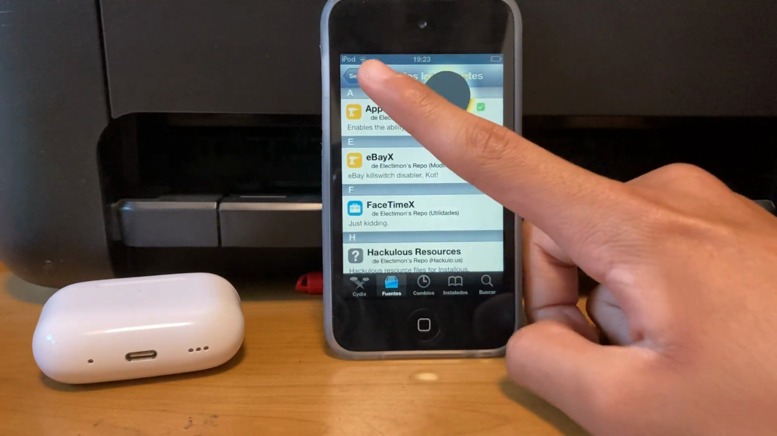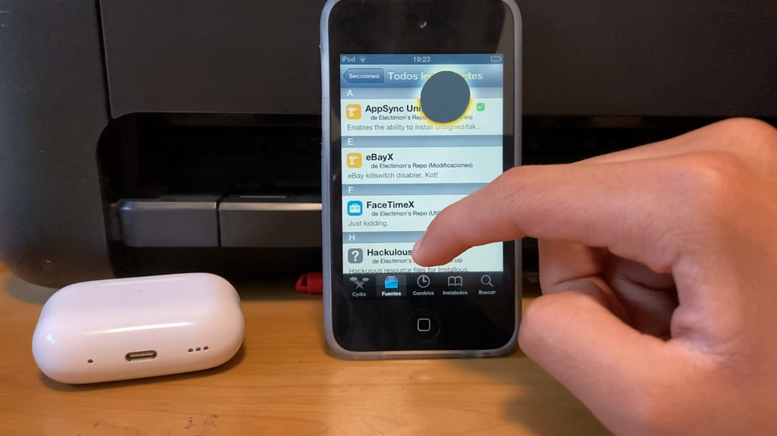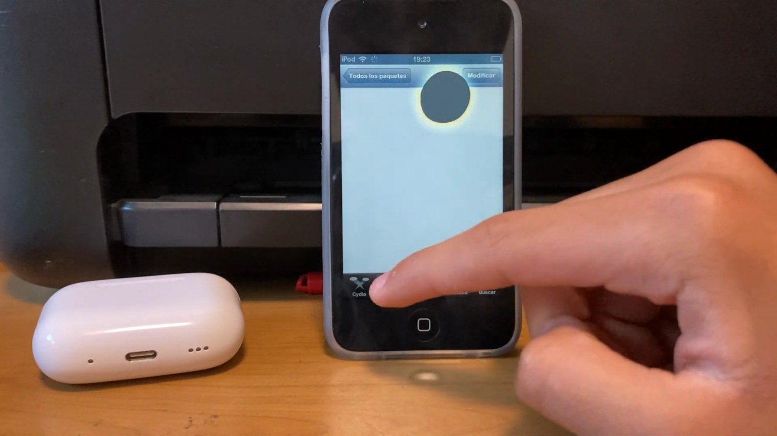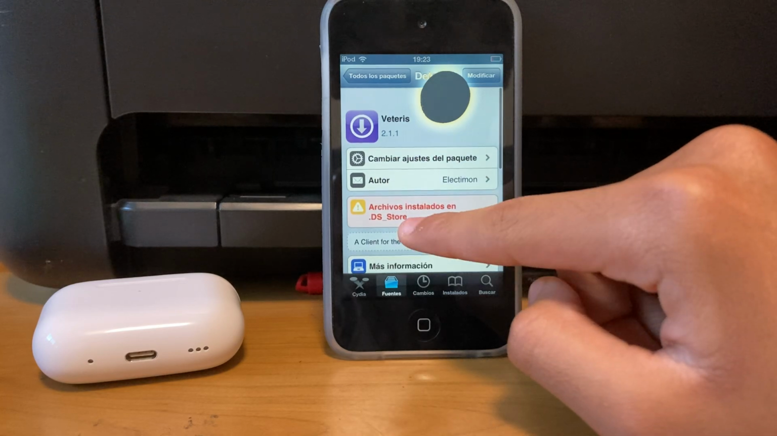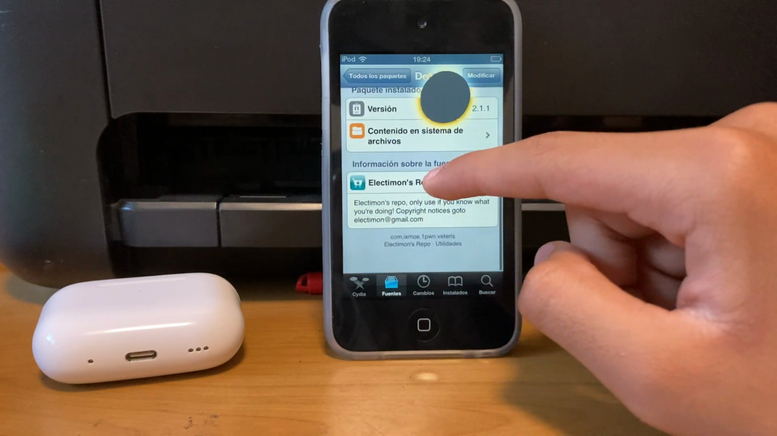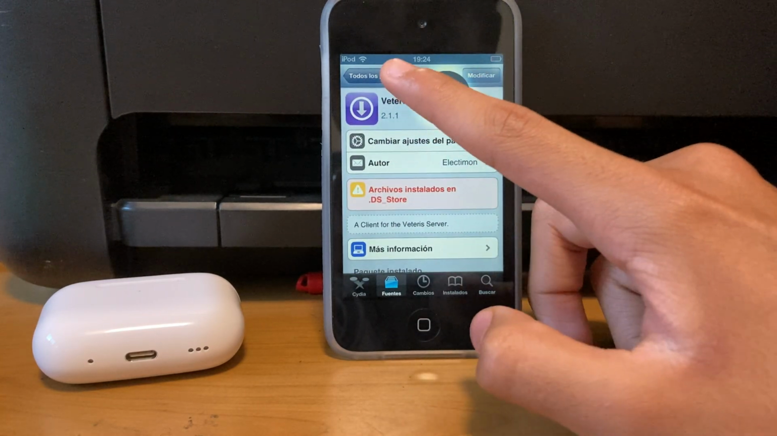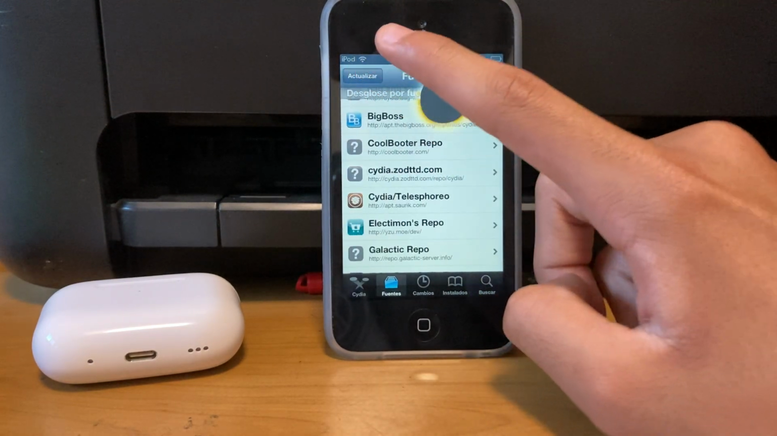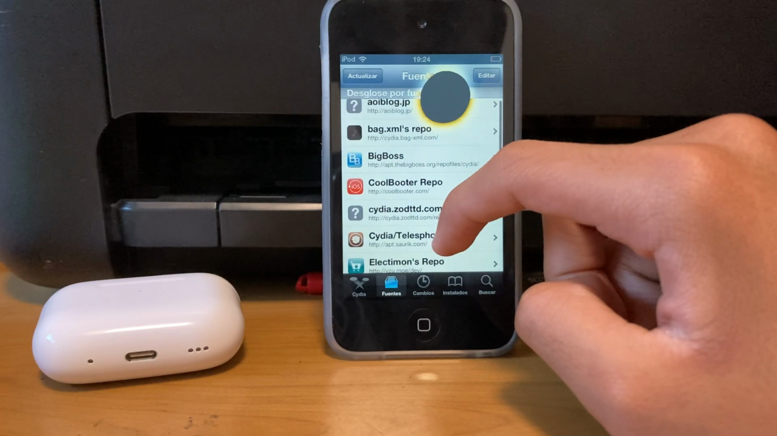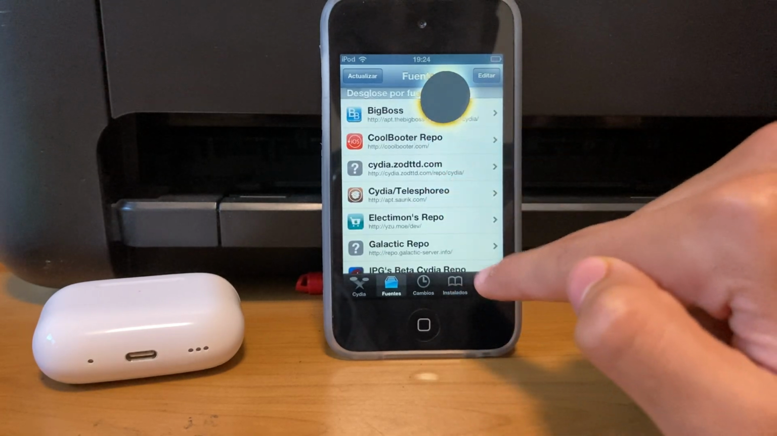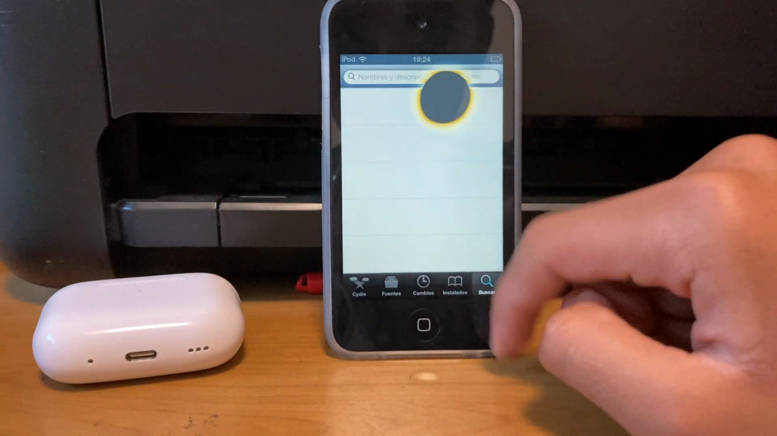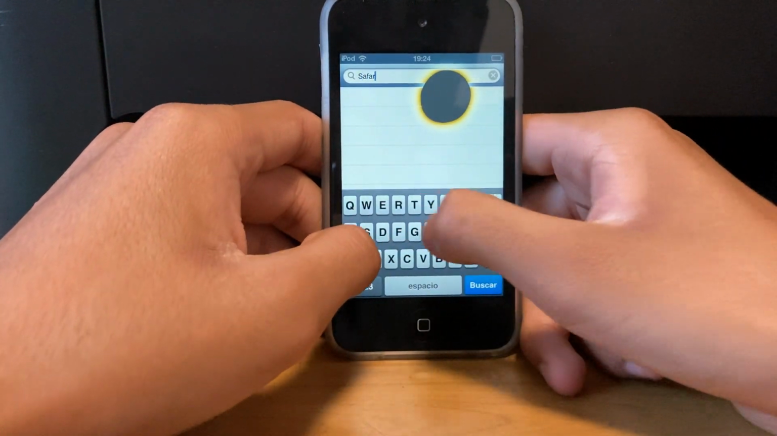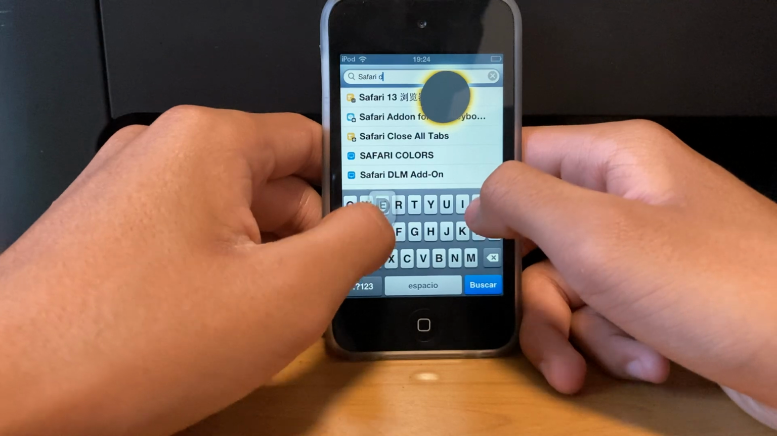In the same Electromos repo, you're gonna go down and install Batteries, just this one from the Electromos repo, Batteries. So once you install Batteries and AppSync Unified, I already have installed them, you're gonna go to the search bar and type Safari download